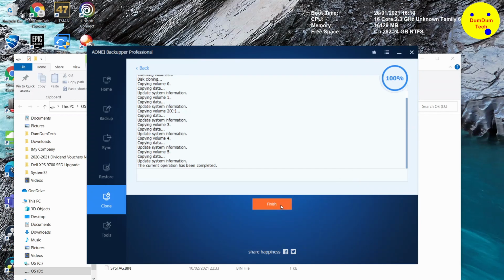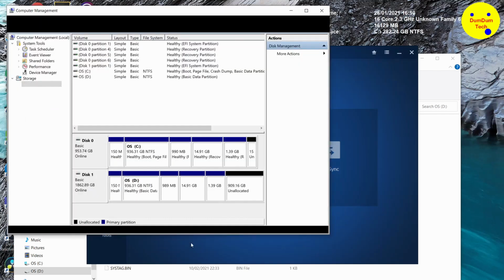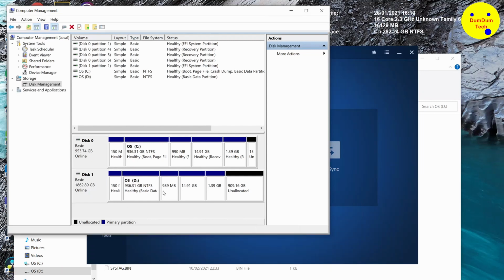100% operation, just click on finished, and let's take a look at computer management. So on this one is the clone on the new 2 terabyte SSD, the EVO 970, and 909 gigabytes of disk space. What I'm going to do here is swap over the 2 terabyte SSD to the SSD 1 mount. Swap over the drives in the bottom of the computer,